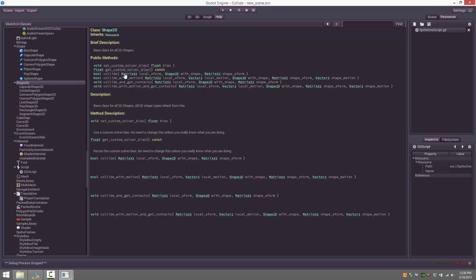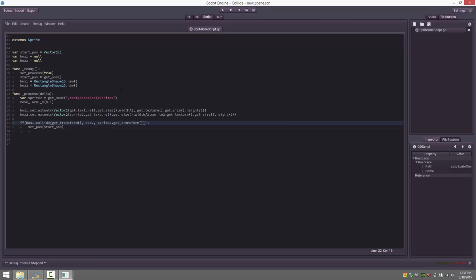And then there's some more advanced stuff like your custom solvers. You're probably not going to get into those. Also, you could get into contexts, which is how the things hit. Again, you're not going to get into those most of the time. What we've covered is generally what you would use when dealing with collision detection, unless you get more advanced and you start dealing with the physics engine itself, which is exactly what we're going to do next. So we're not going to cover that too much further. So simply, that was collision detection in